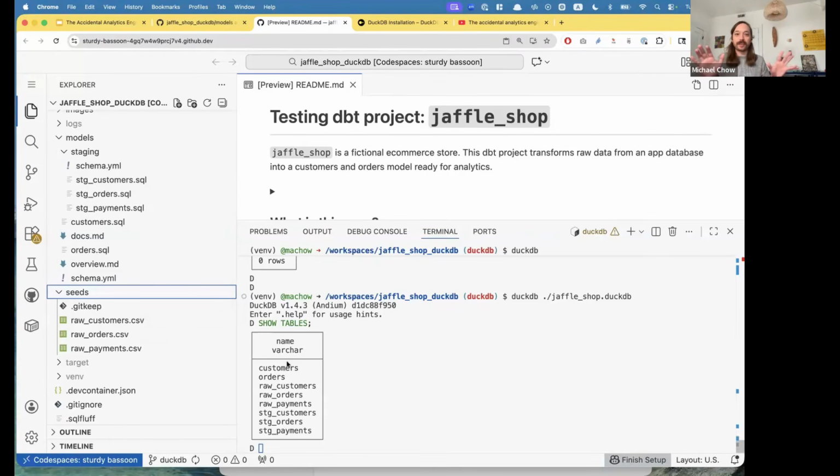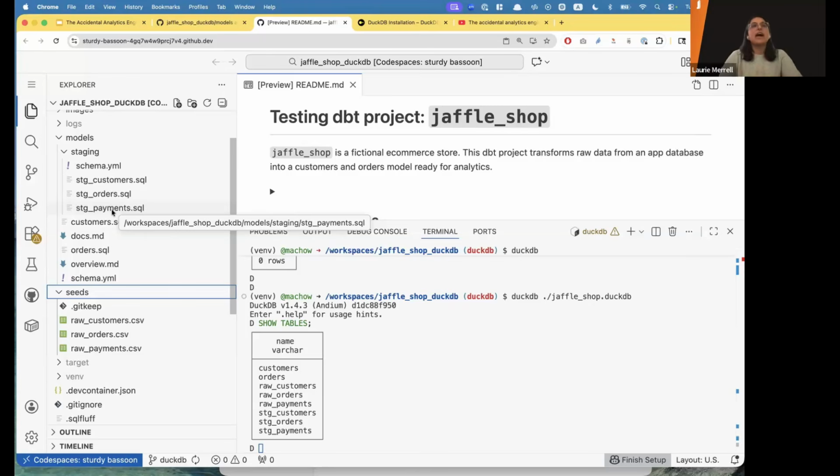So let's stop and appreciate that already so much has happened. The key is that the things in seeds and the SQL files in models now each have a table. I would just think about that. DBT build produced a table in the database for these different files. Some of them were CSVs, those were raw data. Some were SQL with SQL queries.